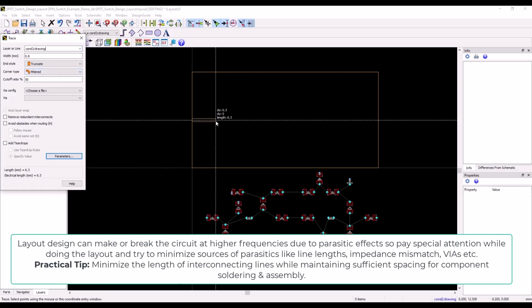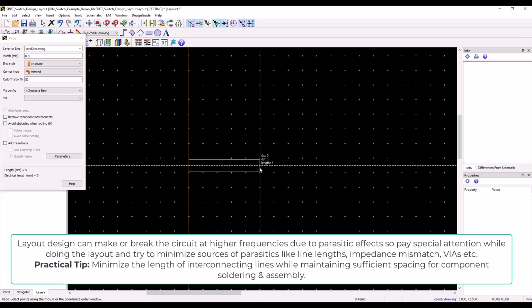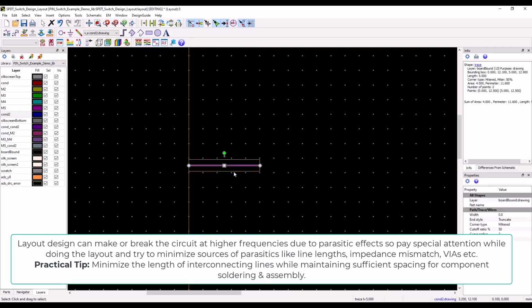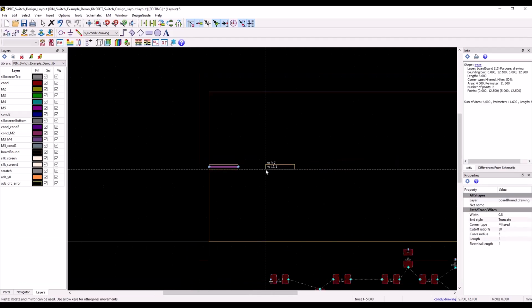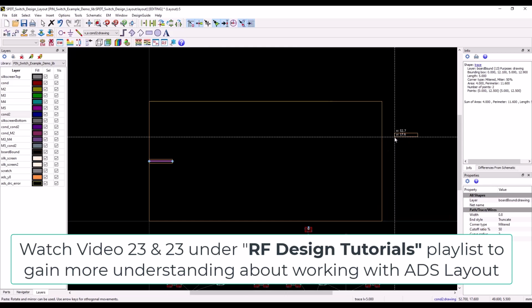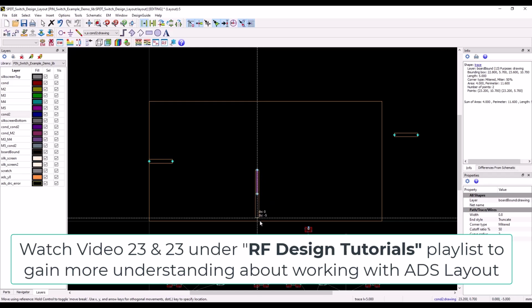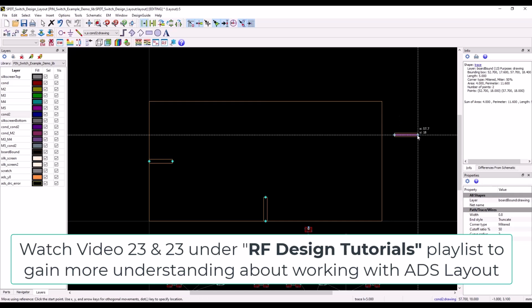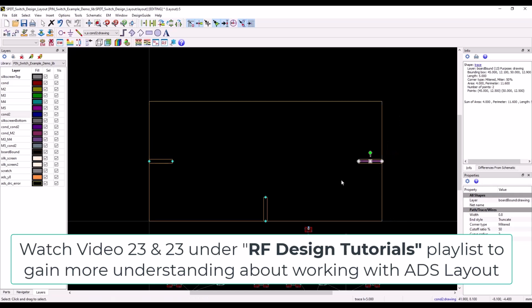and you can use the snapping options like midpoint, etc. to be more precise. So once we have the line of around 5 mm length, which will be sufficient for SMA lead soldering, we can end the trace. And now I'm going to copy with Ctrl C and Ctrl V at two other locations, which is basically going to map it to antenna, TX and RX port, because this is the SPDT switch. And I'm going to place antenna terminal on the bottom edge, and left and right will denote basically the TX